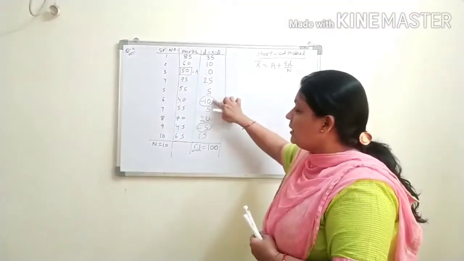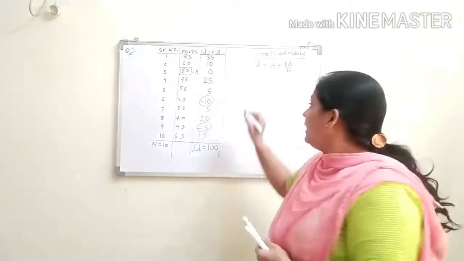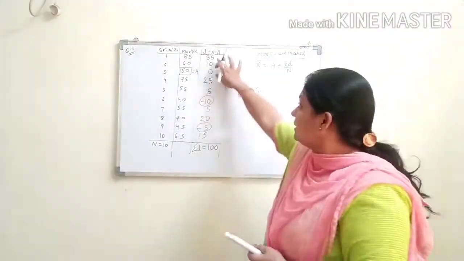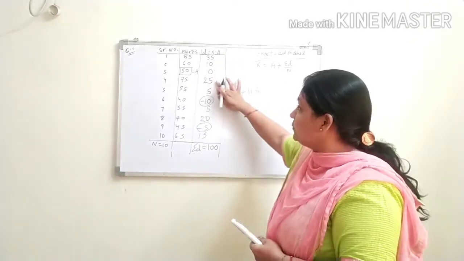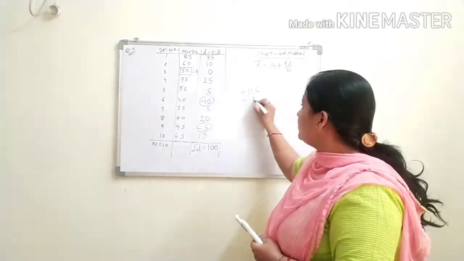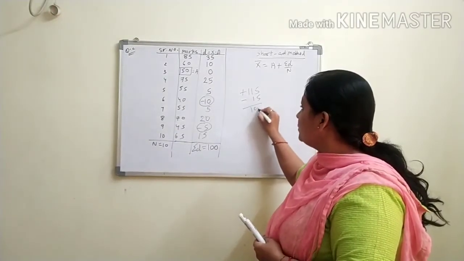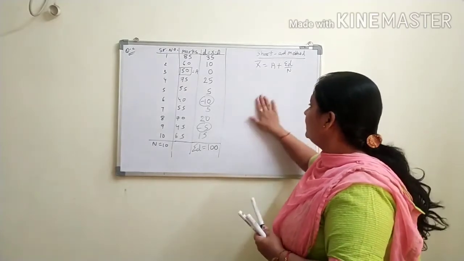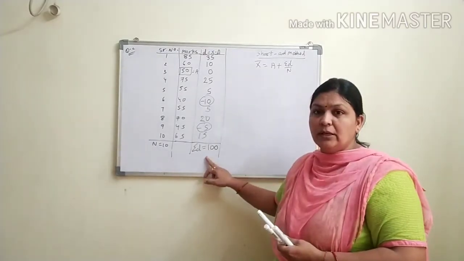जस्ट द टोटल लगाना है और माइनस वालों का भी टोटल लगाना है. इट मीन्स प्लस का टोटल अलग लगाओगे तो 115 आएगा आपका. इधर जितने भी 35 प्लस 10 प्लस 25 प्लस 5 प्लस 5 प्लस 20 प्लस 15 नाउ, और माइनस का टोटल लगाओगे तो 15 आएगा. तो योर टोटल बिकम्स 100. क्लियर? चलो, this is sigma d. You got the sum of d.